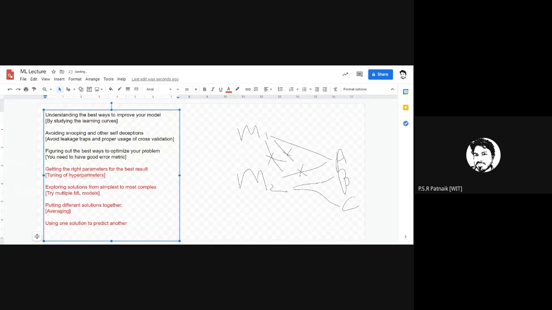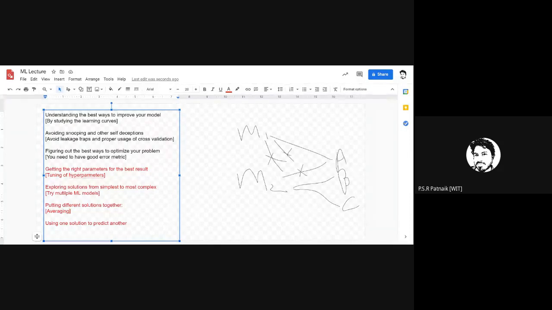Somehow what you are doing is you will try to build a hybrid ML model, wherein whenever an input is passed, you will first go through M1, then you will take out its prediction, and then you will go for M2. So somehow you will try to combine M1 and M2 by using hybrid machine learning models. Hybrid is nothing but you will split your data set into maybe some part of features where you will first check whether it belongs to A, and if ML1 doesn't give you proper performance, then you will go and check whether the instance belongs to B or C or not. So somehow you will try to combine.